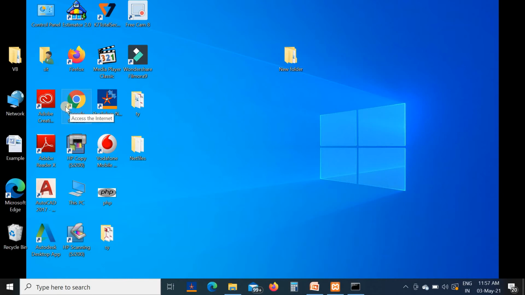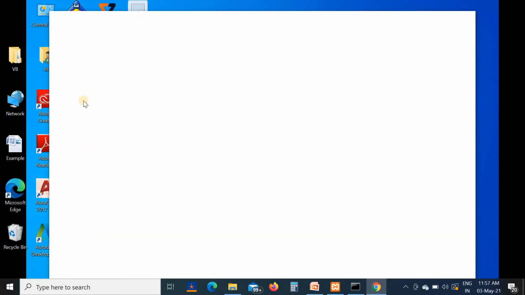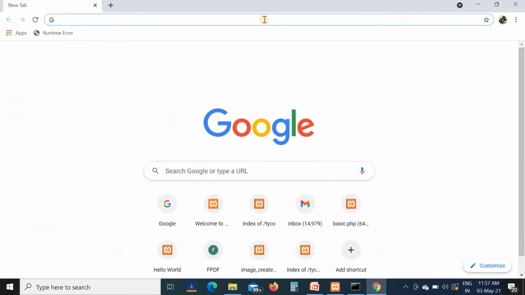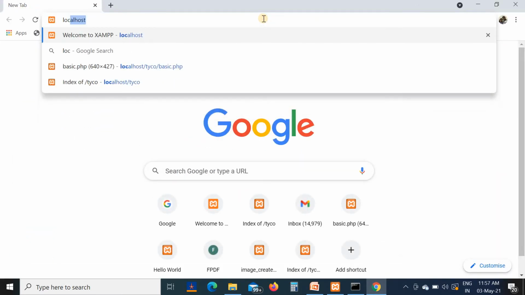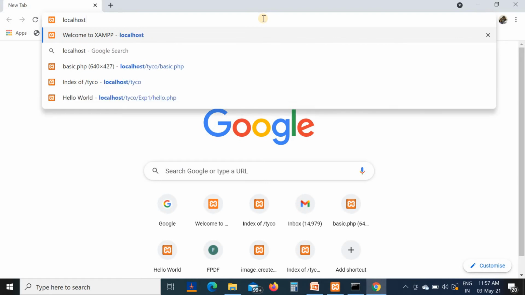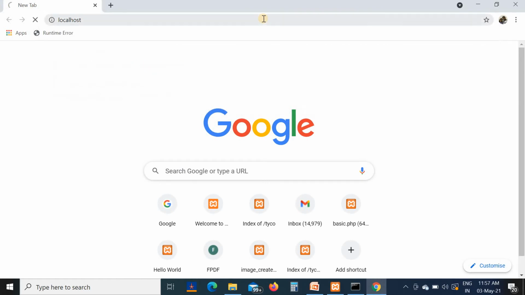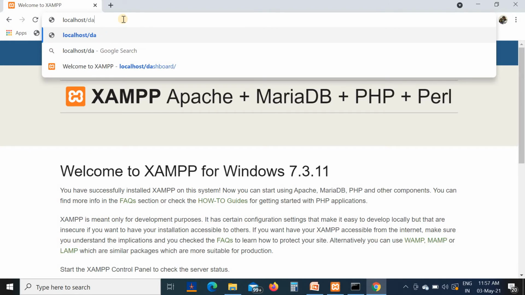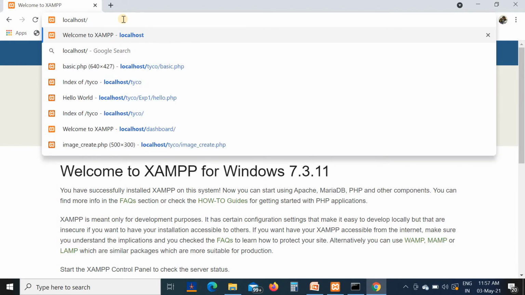We will see the example of single inheritance, how single inheritance is implemented in PHP. In htdocs, I already created the TYCO folder.